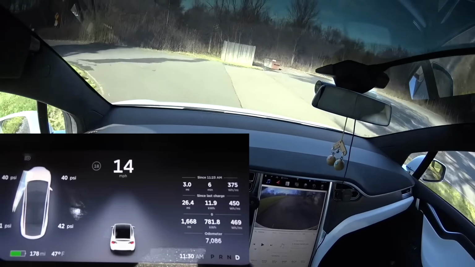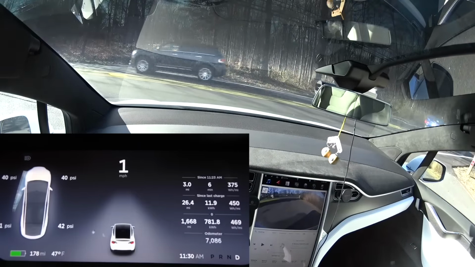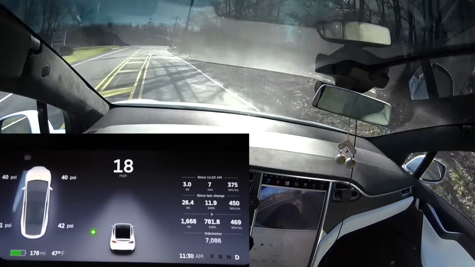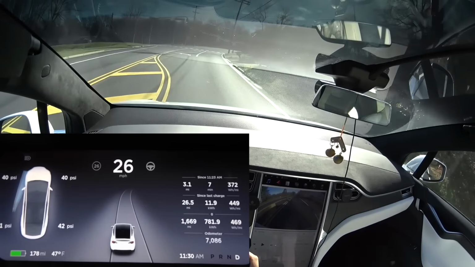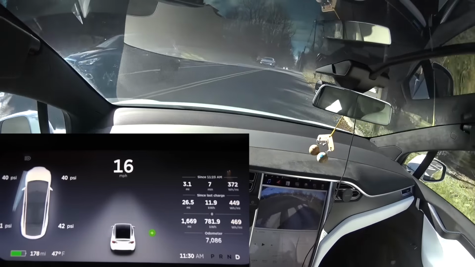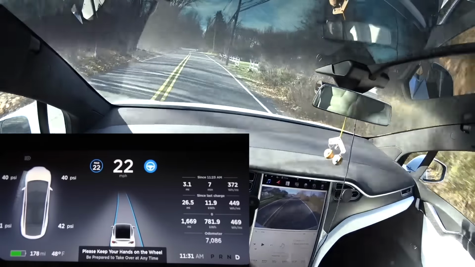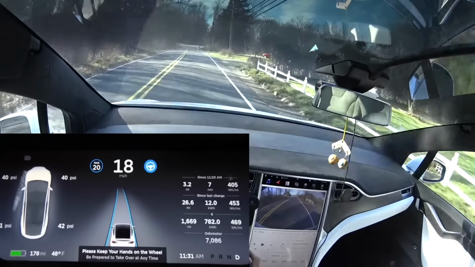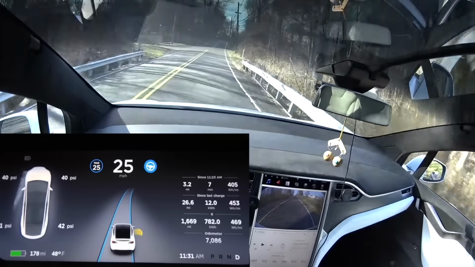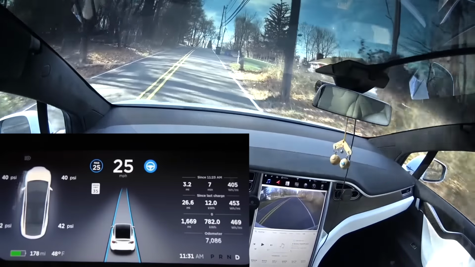Okay, we're going to try to enable autopilot the other way around. Here we go, and what I'm going to do is make it 25 miles. And let's see what it does. So we're going pretty slow. 25 miles is really slow. And once we get up on this...